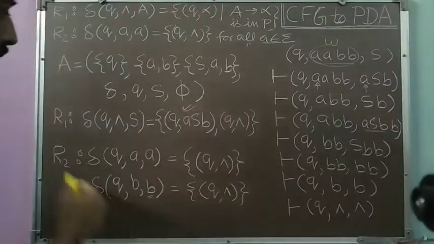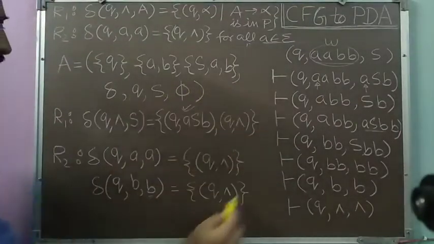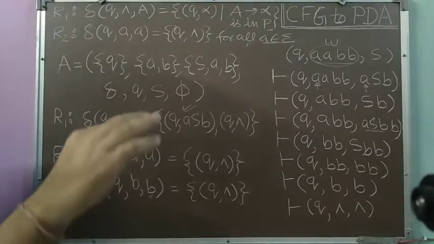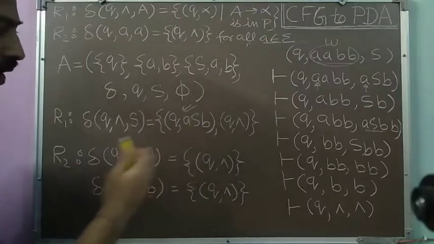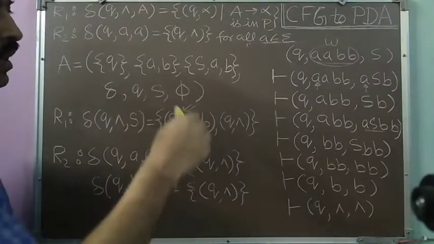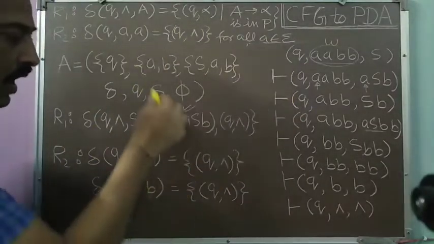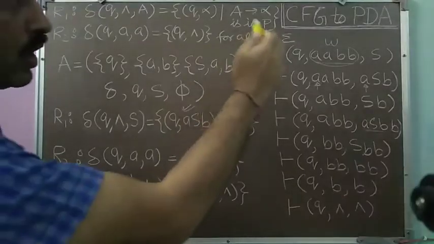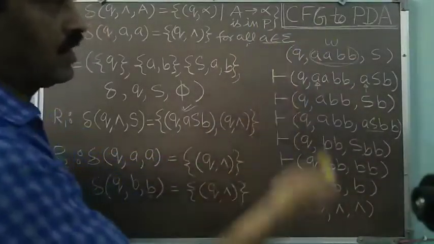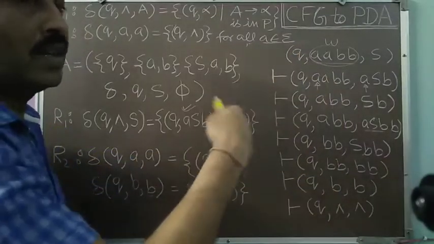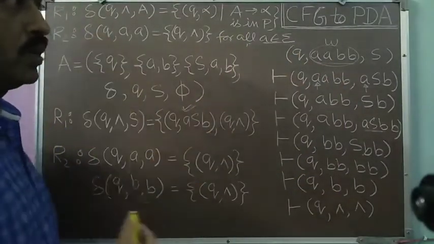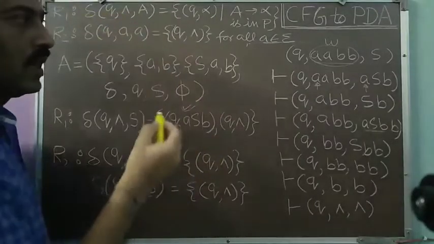Now you can see that this is another PDA, another design. Here we have not changed any state. We have taken only a single state, and through the help of the productions of our grammar G, I have written this PDA. If you carefully look at what I have done here, the processing of this string is nothing but the process of derivation. In the process of derivation, what do we do? We start with the start symbol.